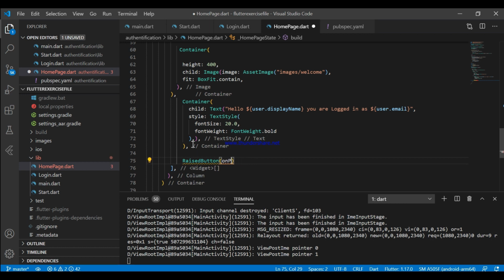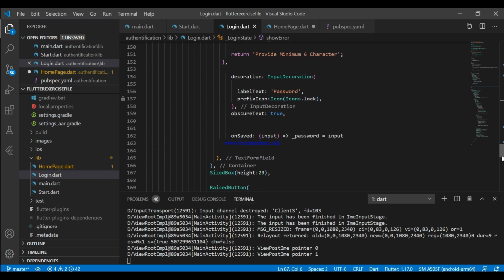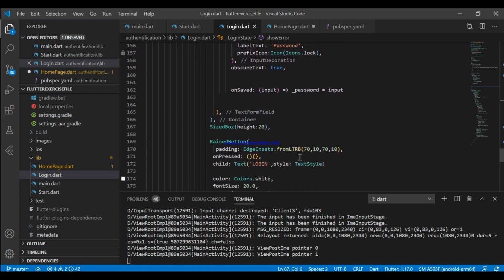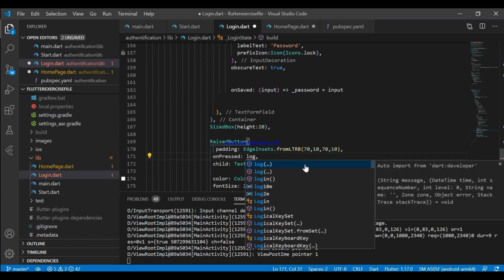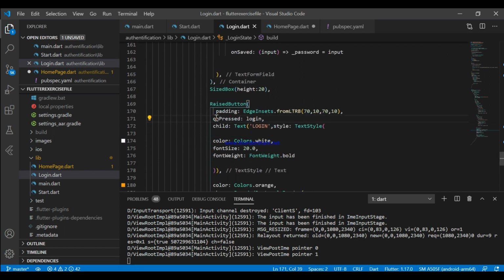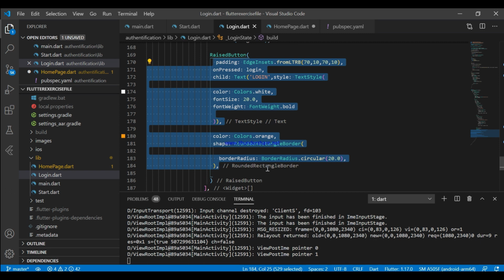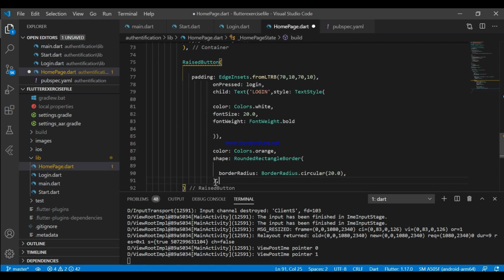Now we need to create a raised button for sign out as well. In login screen, I forgot to add the method that I've created. Let's use this method here, login. Now our login page is completed. Now let's create the method for the sign out button.